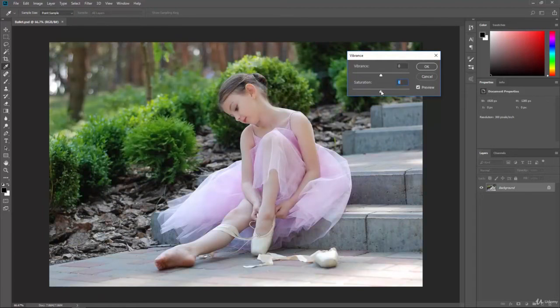Now with vibrance, what's going to happen is as we begin to pull this up, you can see that the girl is getting a little more intense. It's not as much as the 100% saturation because she already has some vibrance in her skin. So this is a great way to make images really pop out whenever you have any kind of people or human forms in your photos. All the greens in the background, her dress, everything became a lot more intense and vibrant, but she still maintained her colors. So let's take a look at that one more time.